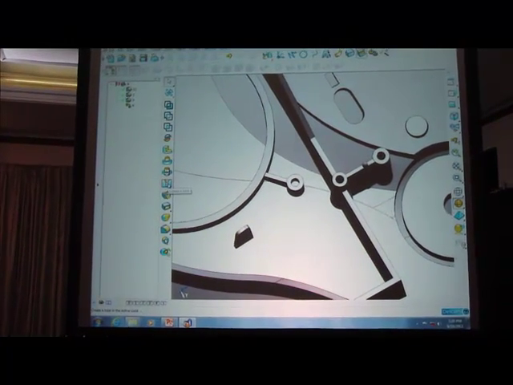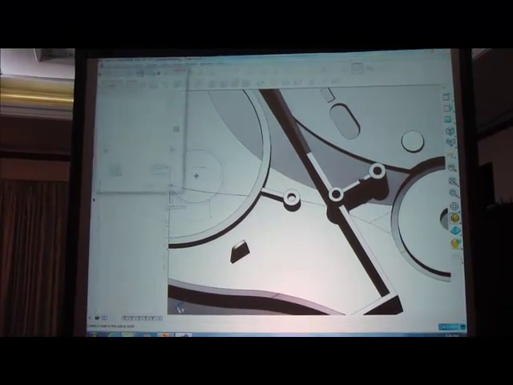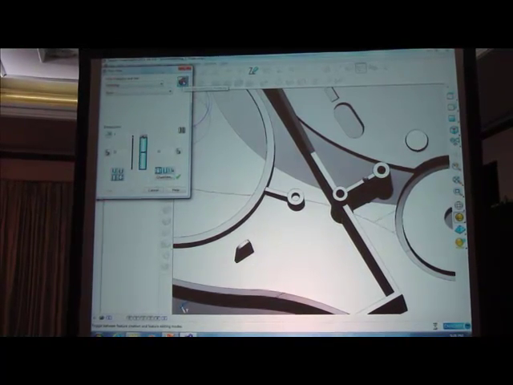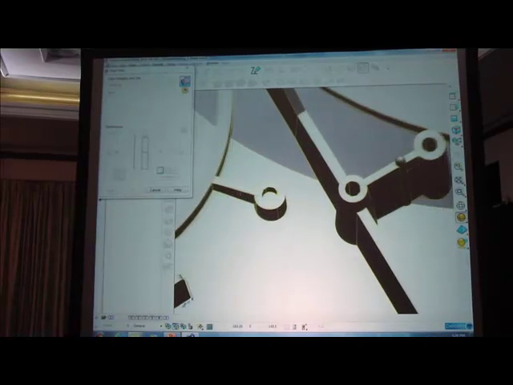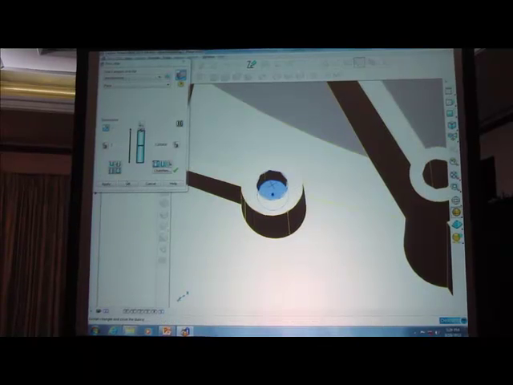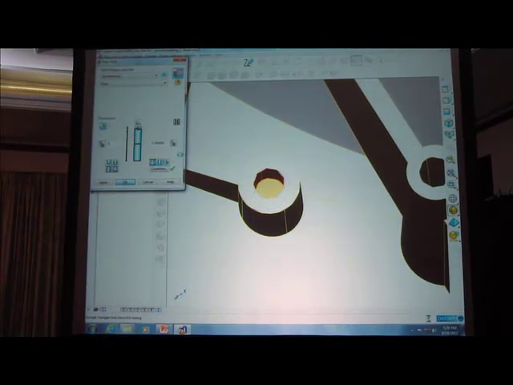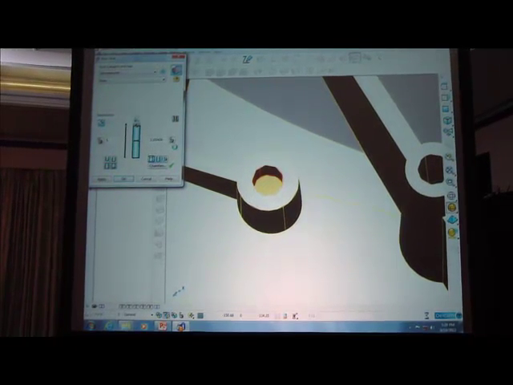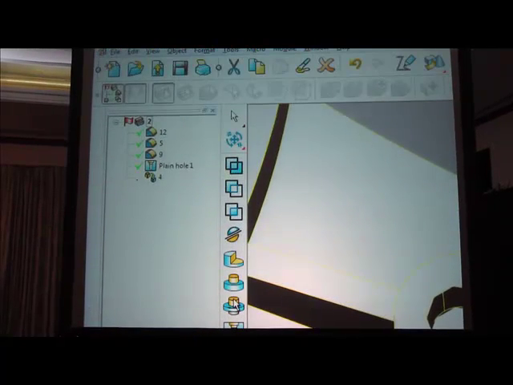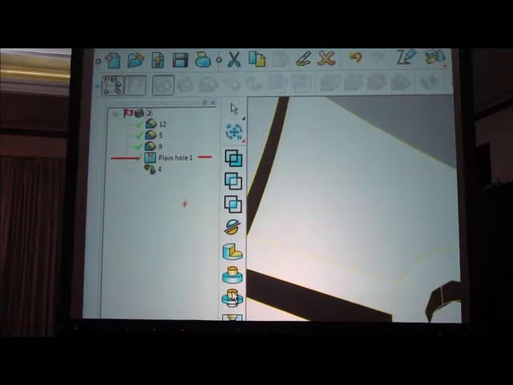The other recognition tool we have is for holes. So again, the hole creation tool, if I open that up, we've got the same button which switches us from hole creation into hole recognition. I can then pick any of the hole regions on the model, that will automatically be recognised, and once again we add to the history tree. Okay, so we created a new entry in the history tree, which is this one at the top here, just a plain